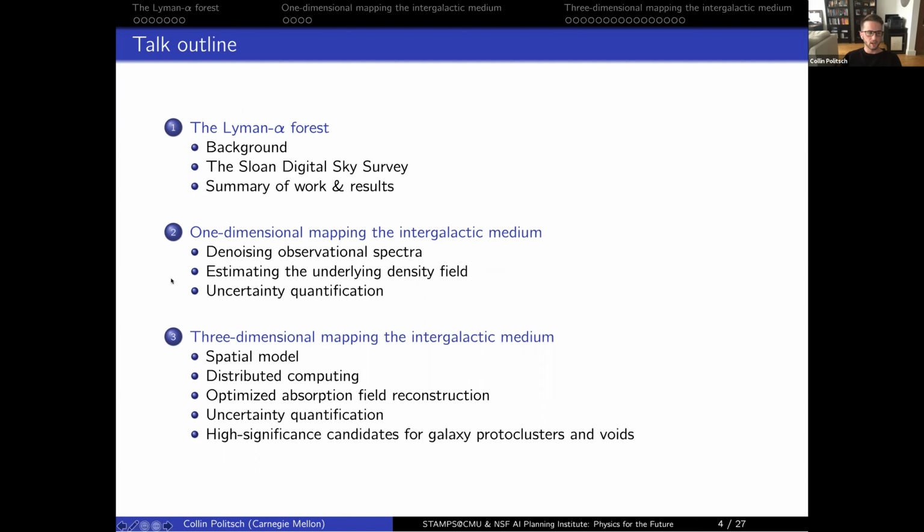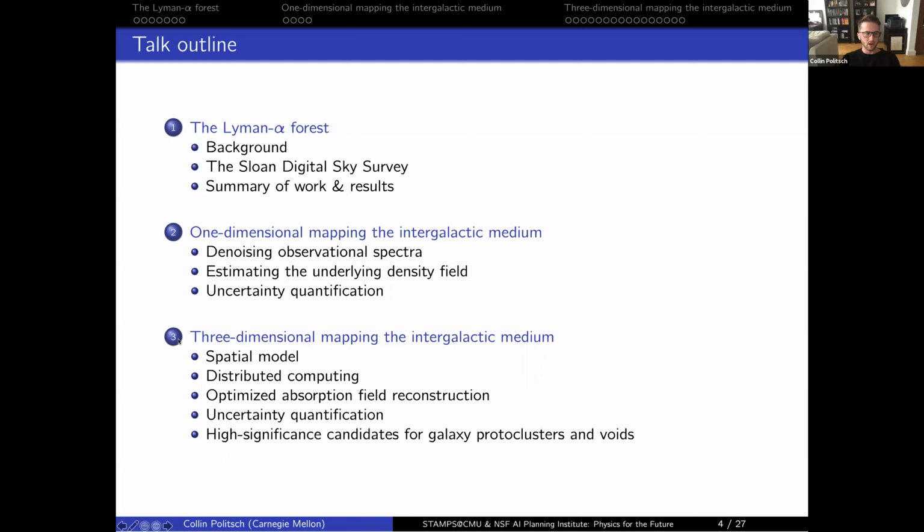And then in the second and third parts of the talk, I'm going to take a deeper dive into how exactly we made this map of the intergalactic medium, starting out with one-dimensional mapping of the intergalactic medium along quasar observer lines of sight, so one-dimensional mapping, and then extending that to three-dimensional mapping of the intergalactic medium, given the